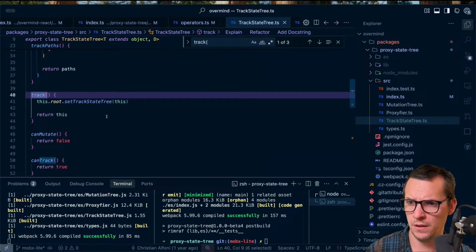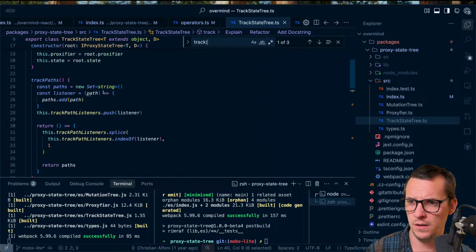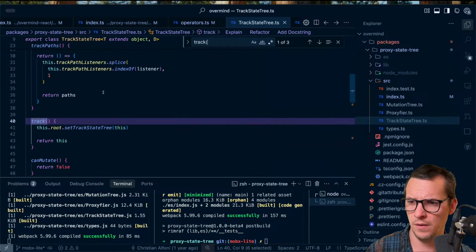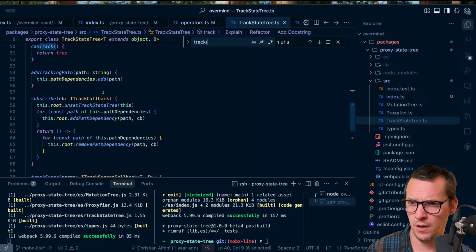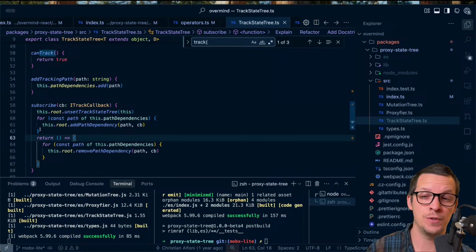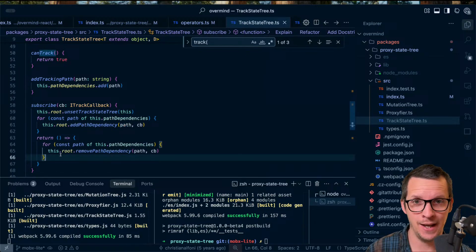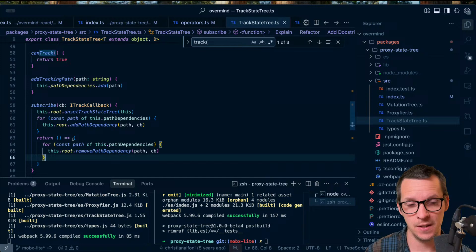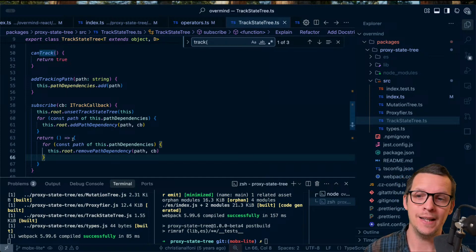And we're setting the track state tree to this. And then when we actually subscribe to it, that's when we add, oh, we're actually interested in this path. But that happens like